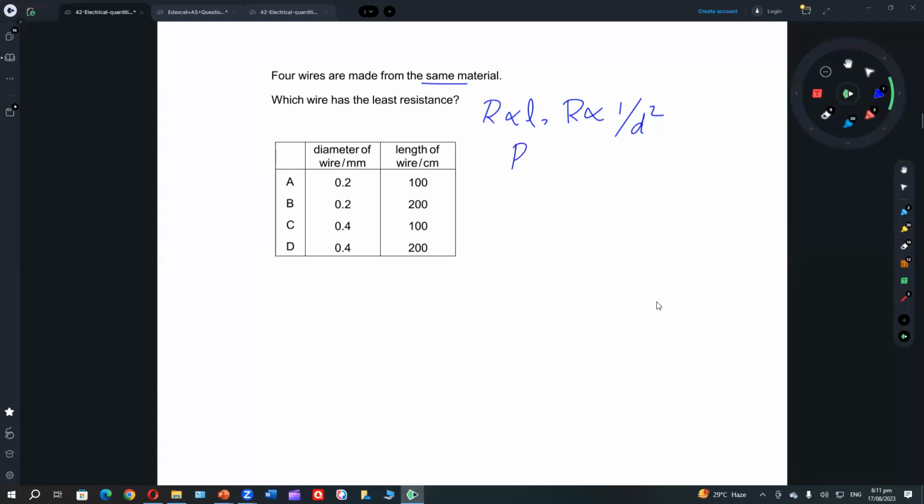I can combine it and get a formula for you people that it is L upon D square. Let me write a formula and then you people can verify your answer. This is the formula. Now, let's work out every option. There is another confusion: one is in millimeter and one is in centimeter. Length upon